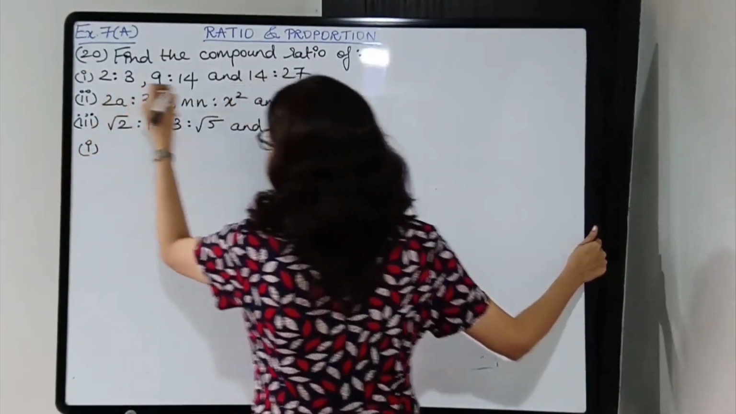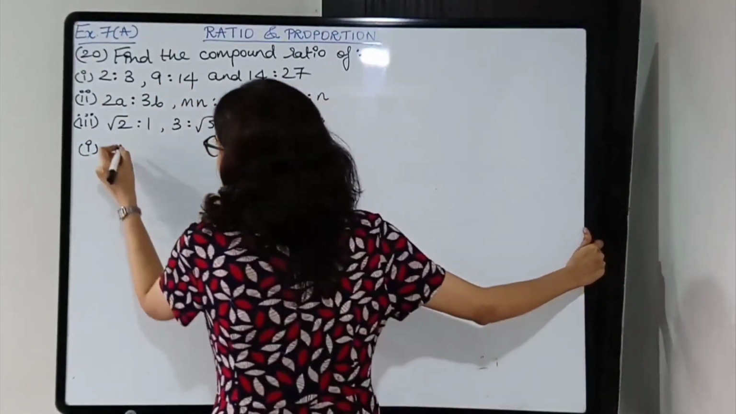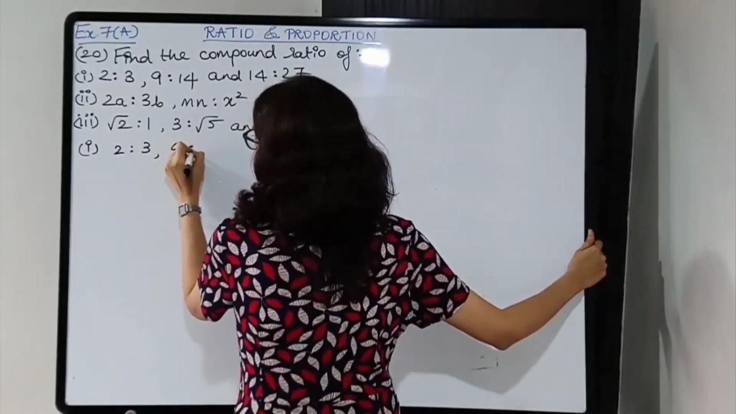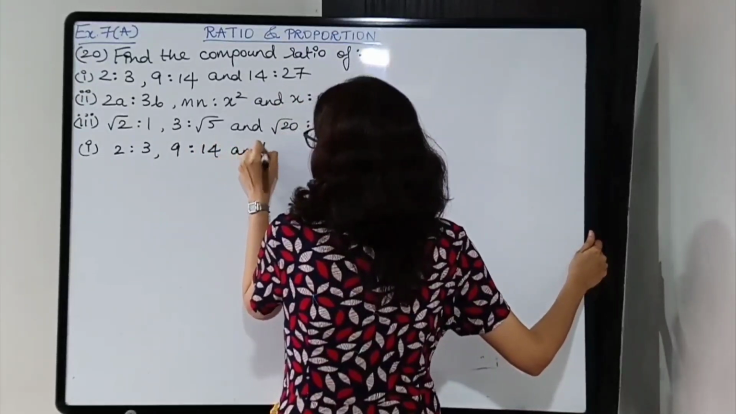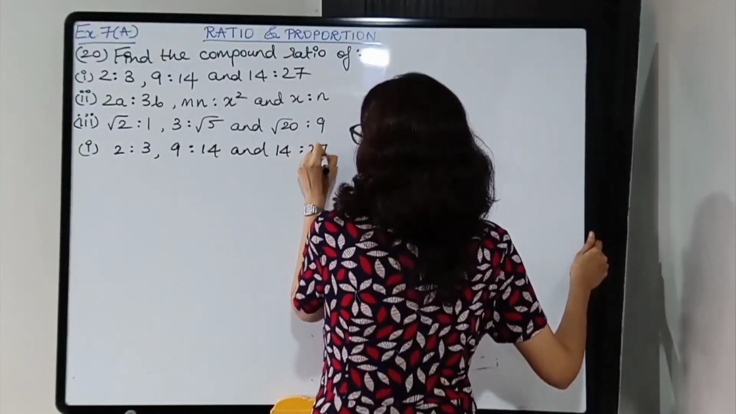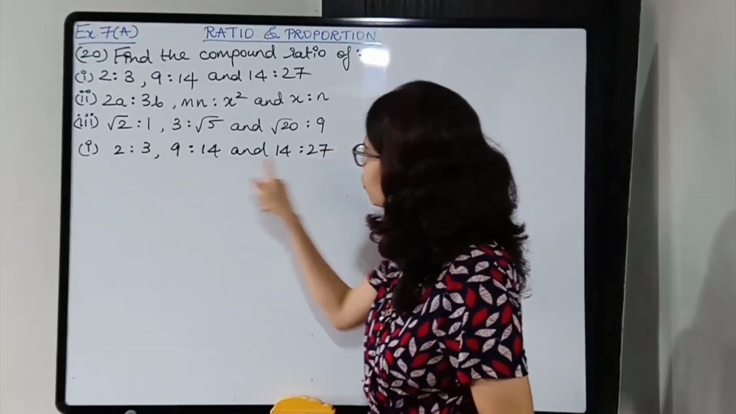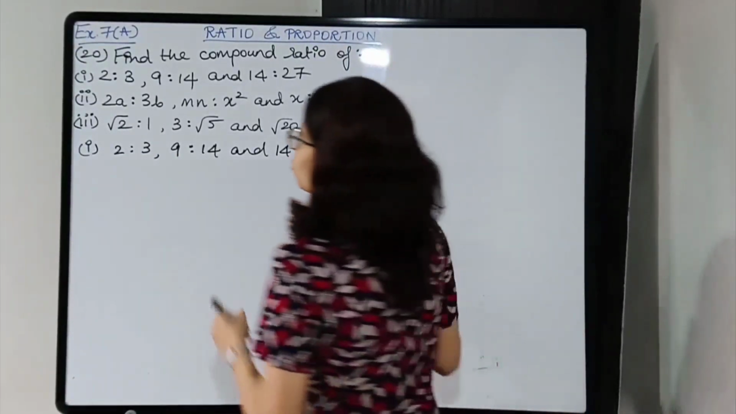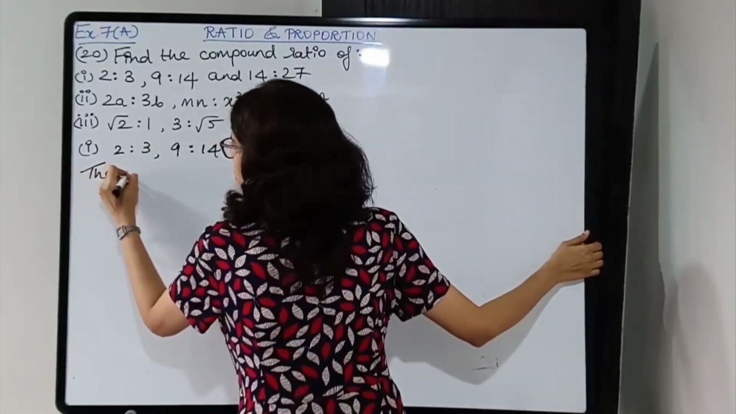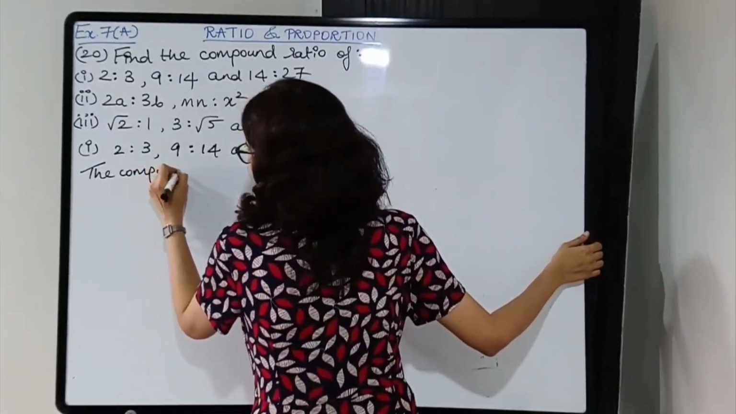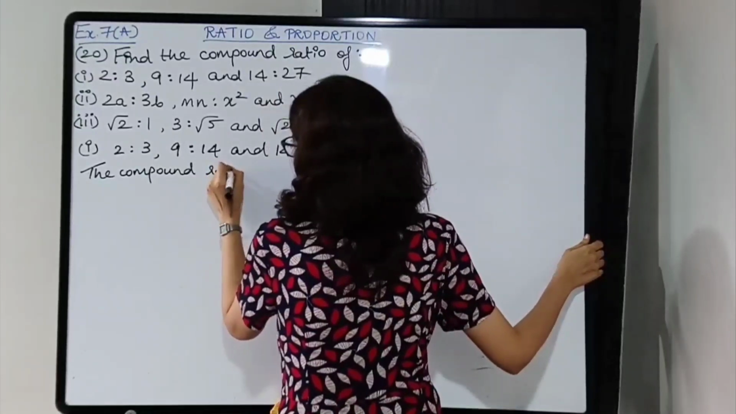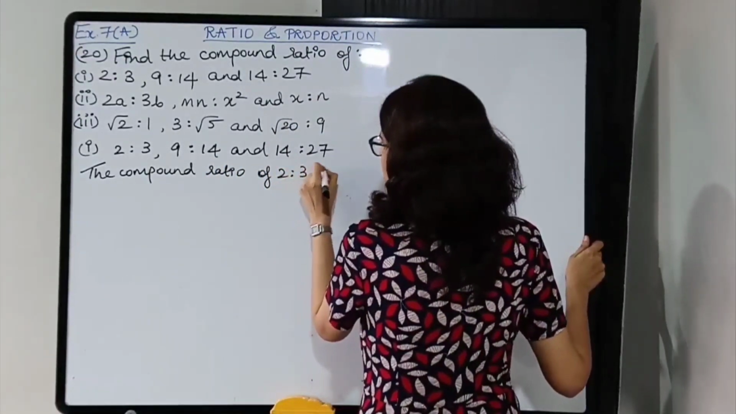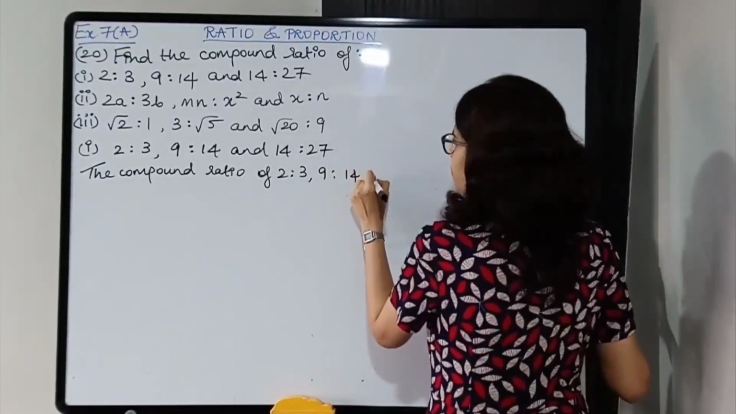you're given 3 different ratios. Okay, so 2:3, 9:14 and 14:27. So first one of each will be numerator and second one will be denominator, right? So write down the compound ratio of 2:3, 9:14 and